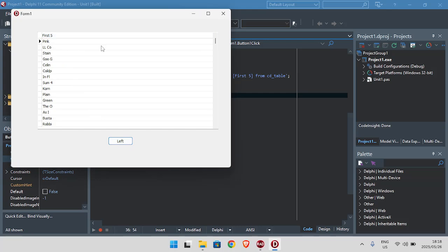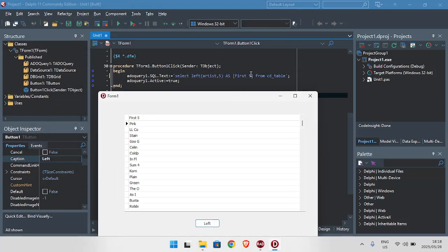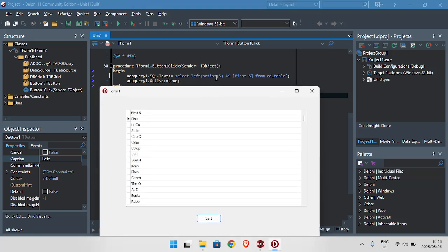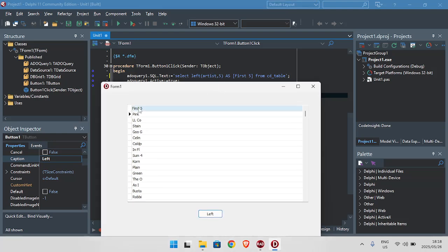Okay, first 5 is now the heading. Of course, I changed it to first 5, and I use the LEFT function. The field that you want to use, and the 5 is how many characters you want to display.